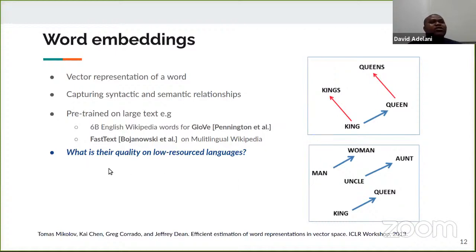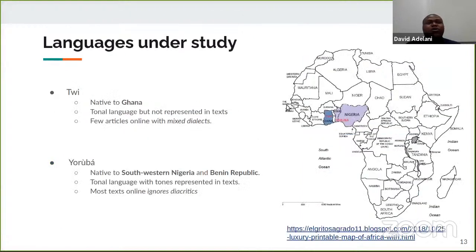But the question is, what is the quality on low resource languages? After listening to the first part of the talk, you know there are a lot of quality issues, and you're not sure if the word embeddings that Facebook trained are actually very good. Can we really use them? That's the question. So we evaluated this on two languages: Twi, that is native to Ghana and West Africa, and